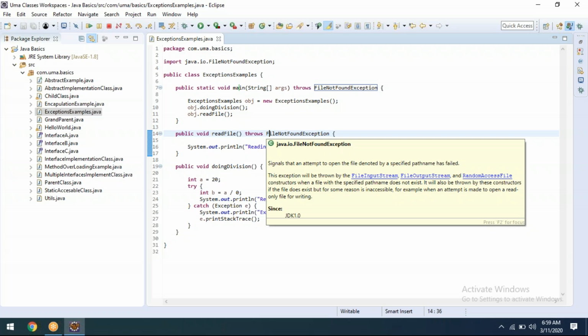But in terms of automation, if you are facing some logical issue, then we'll go for try catch. If there is something where the method itself we should not call, then we'll go for throwable or throws. Hope these things are clear. So we have completely covered the exception handling mechanism.